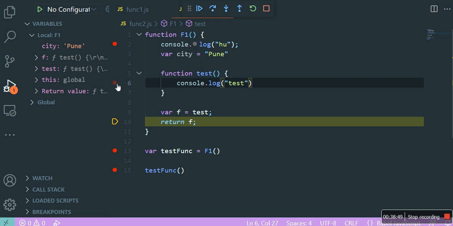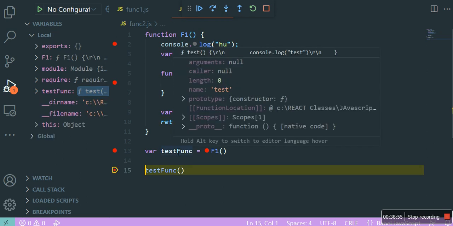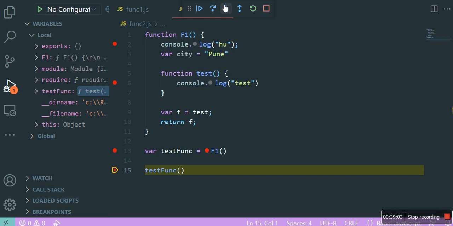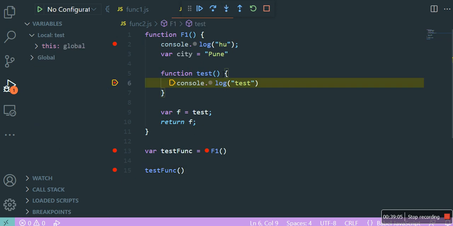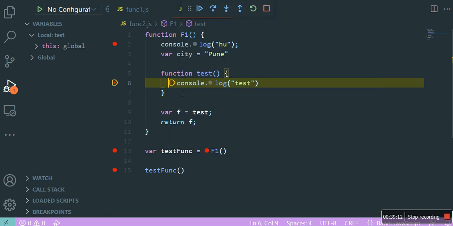I would show you. So I return this thing. Now see what happens. Test function is pointing to the same object, correct, and if I run test, obviously it will go to the same body, correct? But when it's executing this body, it does not remember anything about this console.log, Pune, ftest.